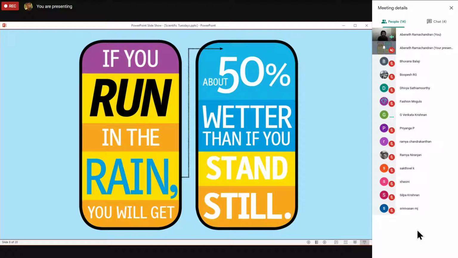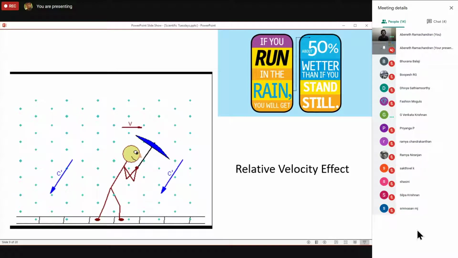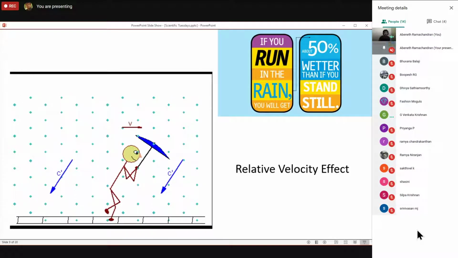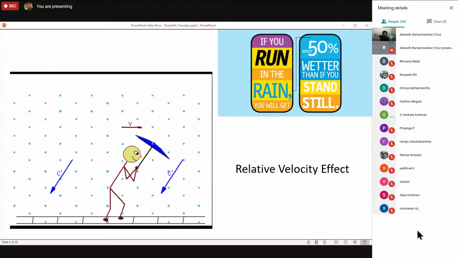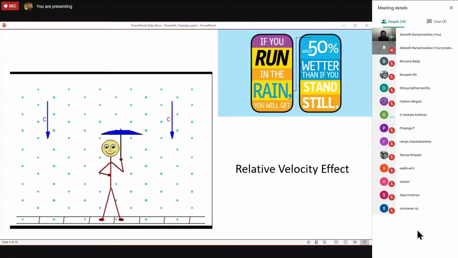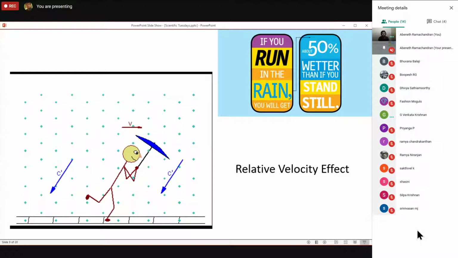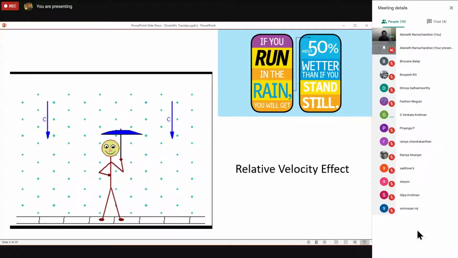But if you are on the same side, both of you going at the same speed, 30, you will look at the train and say hi, and someone in the train will say hi. We are both at the same speed. This is called relative velocity. So what happens if you are in the rain, standing still, nothing will happen. But if you are walking or running against the rain, the rain will fall on top of you and it will go behind you. So it will go with the additional speed of your walking or running. So when there is rain, don't run. If you run, you will get more wet.